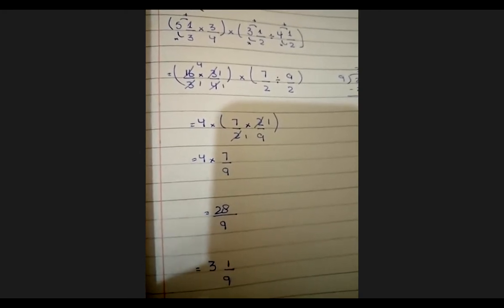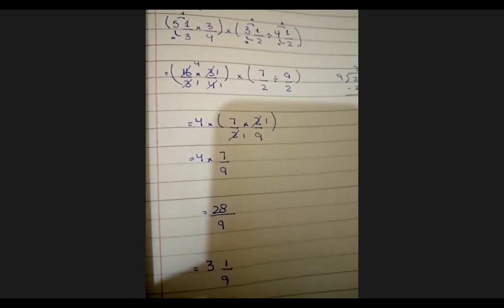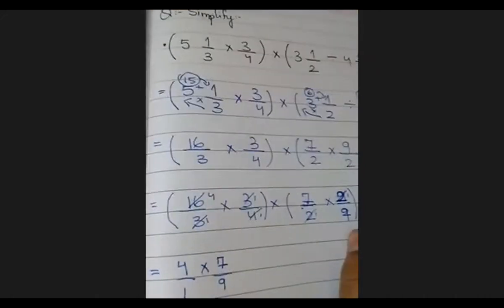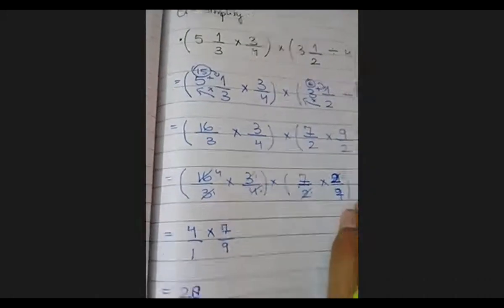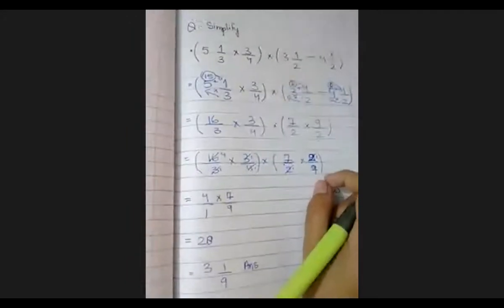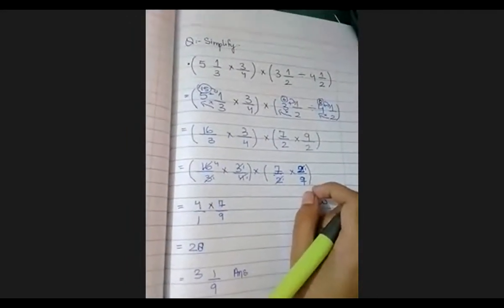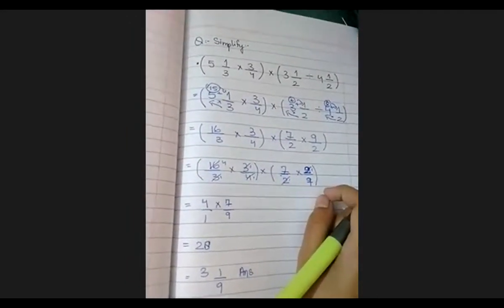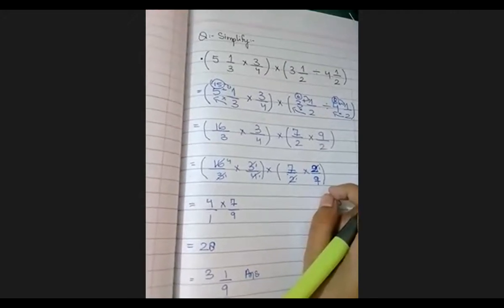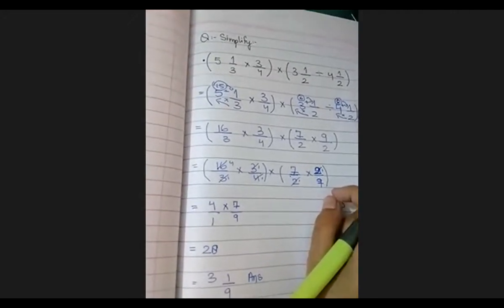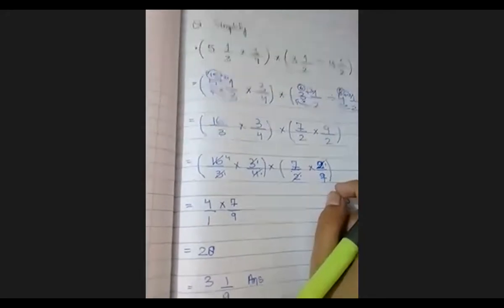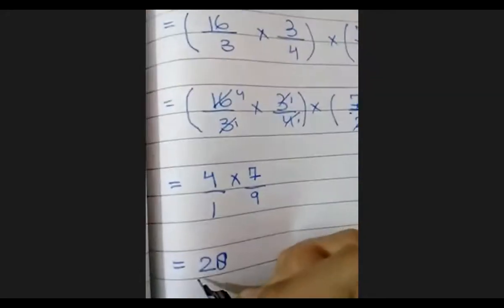Okay, fine. Javeria, right work. Show me, who is this? Aiza. Right answer, Aiza. Just a minute, Aiza. 28 upon 9, na? This will be 28 upon 9. Second last step. It will be 28 upon 9.